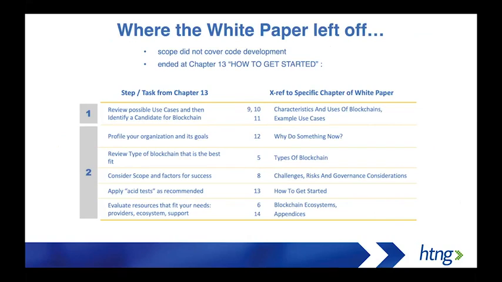On the screen now, you'll see a summary of chapter 13 from the white paper with a cross-reference to the different white paper chapters that provide more detail and elaboration of that particular step. This is a nice framework to use. Like I said, it has some aspects in common with our framework. While this table is inferred in the white paper, it's not specifically detailed to this extent. So you may want to pause. If you go back and look and you need this cross-reference table, you can pause the recorded webinar here